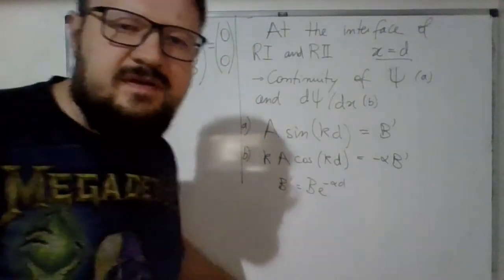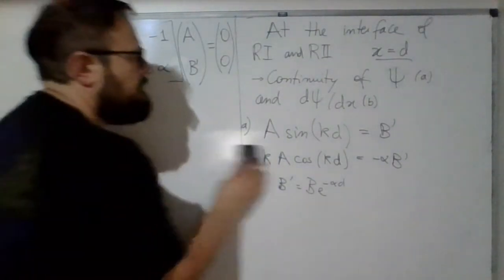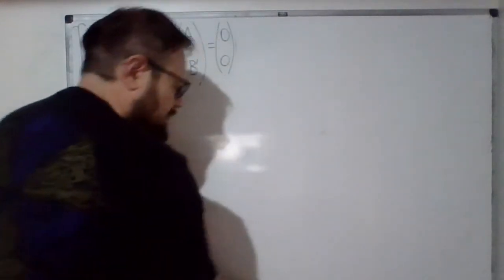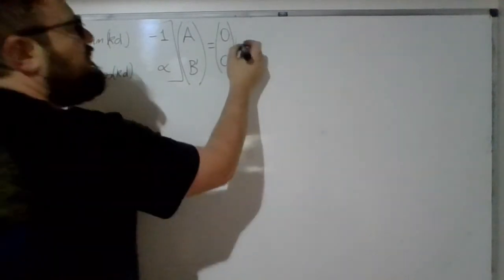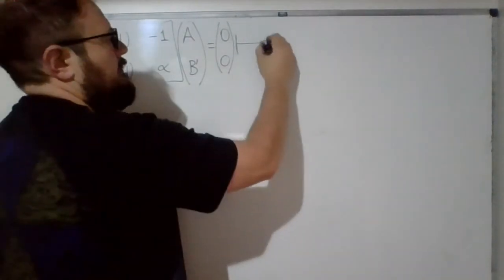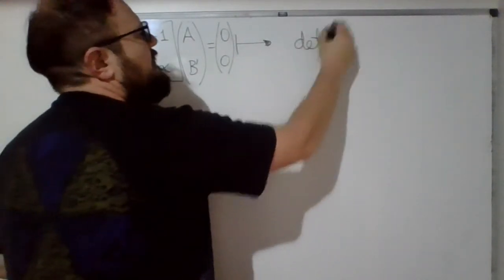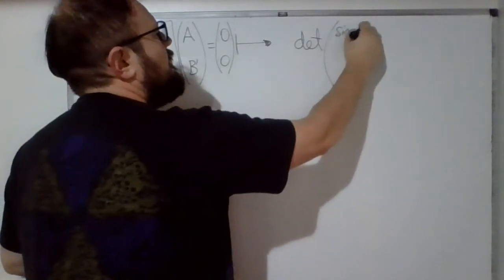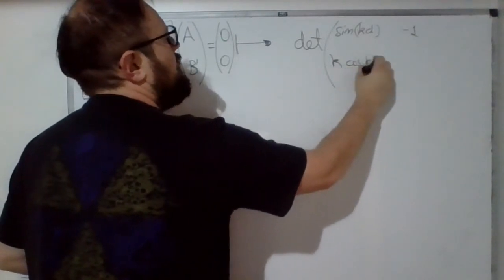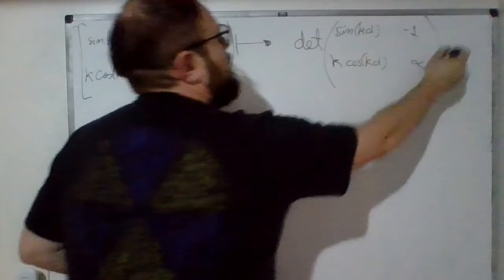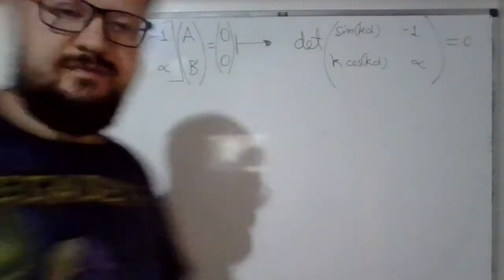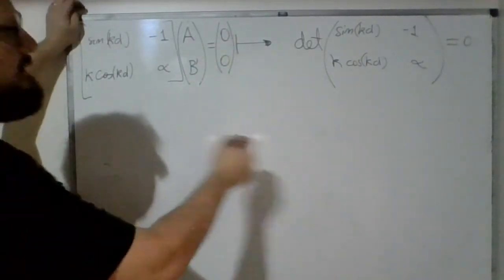This form of the equations in matrix notation admits only one way of solving the problem, which is that the determinant of the matrix is equal to 0. All right, this is the only way you can solve that equation. In this way, you will find